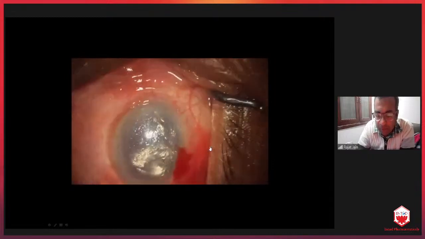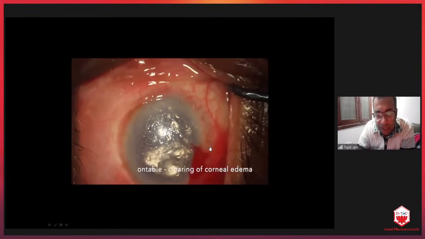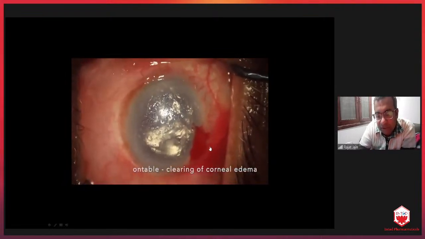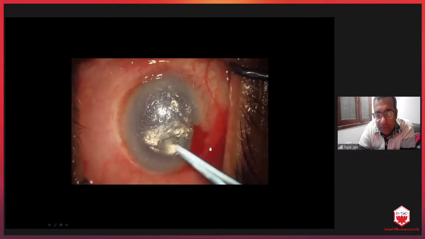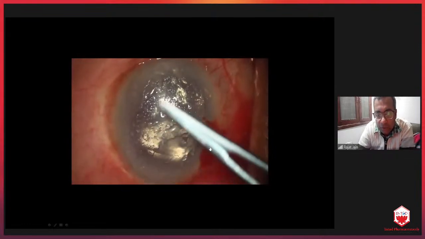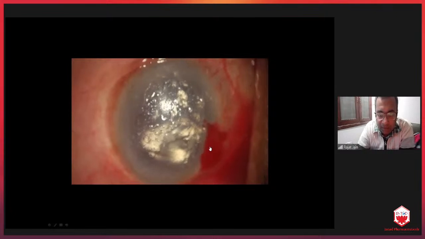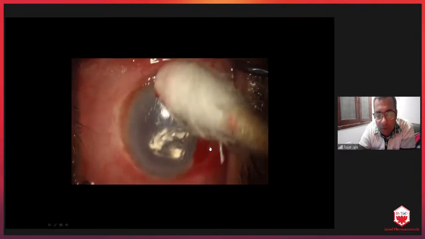Epithelium comes off, not a problem, it will come back. Now see on table, you will see these droplets on the corneal surface. This is the water which is coming out from the stroma anteriorly. This is an on-table sign of clearing of the corneal edema and the DM being opposed. In high focus, you can see these droplets coming out from the stroma. Once you clear this off, you can appreciate that the cornea has become clearer as compared to what it was before surgery.